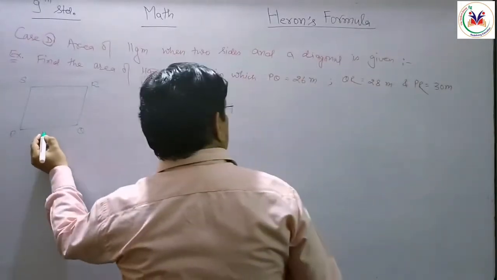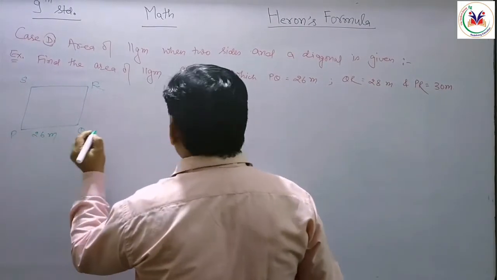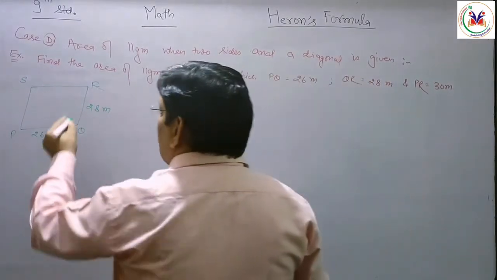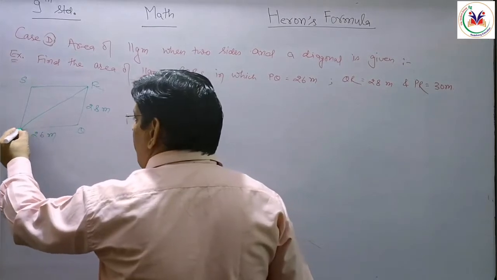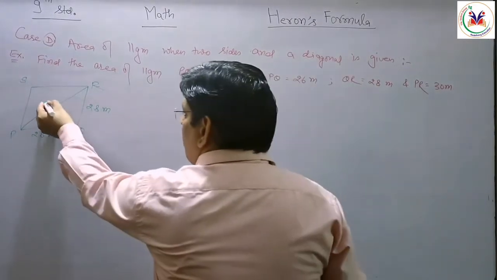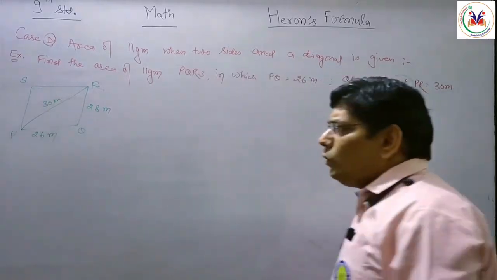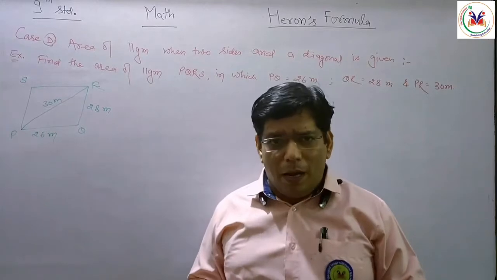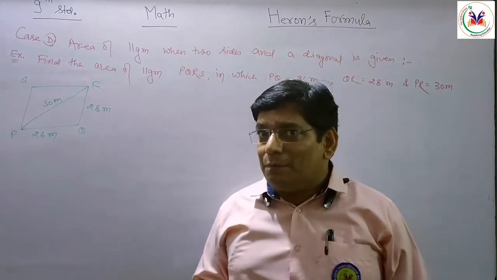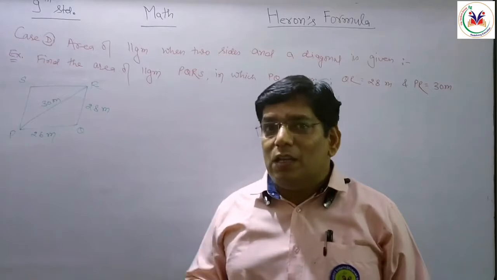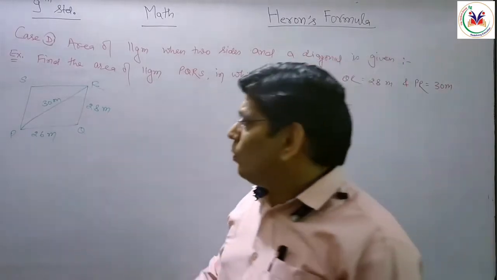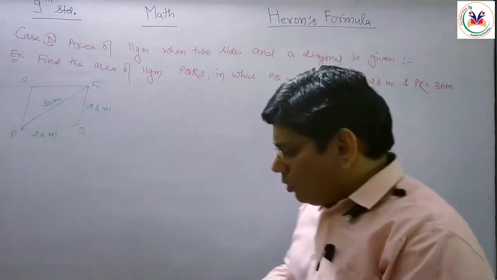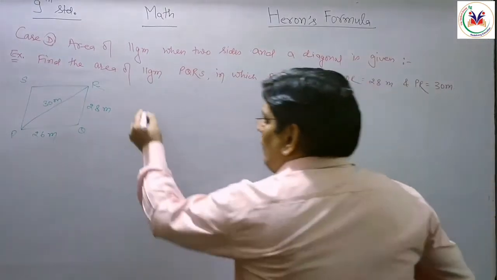PQ is 26 meter, QR 28 meter, and PR, that is 30 meter. Now before going to start the area of parallelogram, we have to be much aware regarding the property of parallelogram, and that is opposite sides must be equal and parallel. So if you want to calculate the area of parallelogram, हमें ध्यान रखना होगा if PQ is 26, so SR is also 26. When we are going to solve